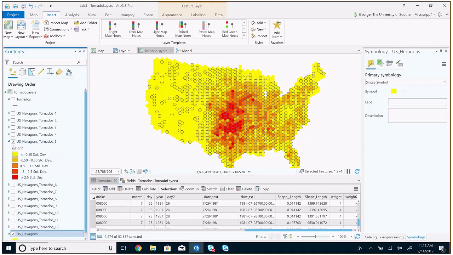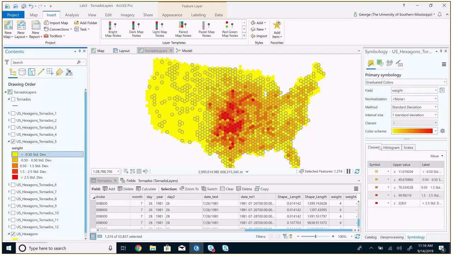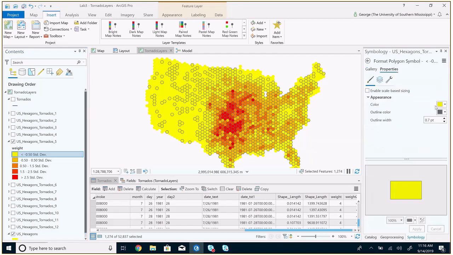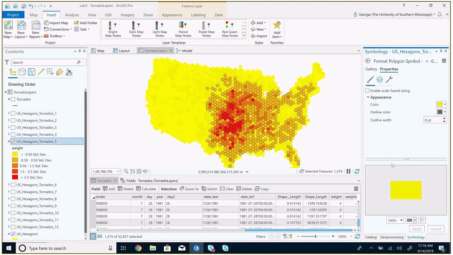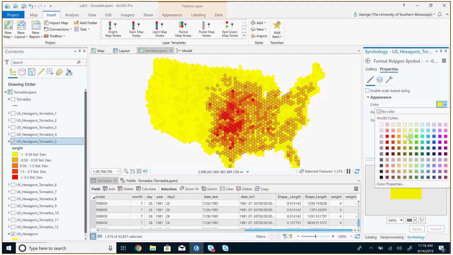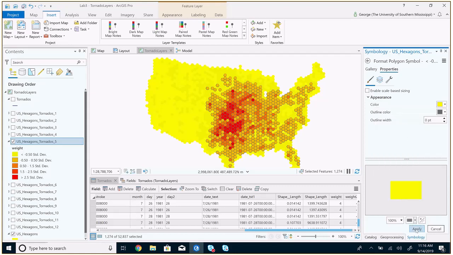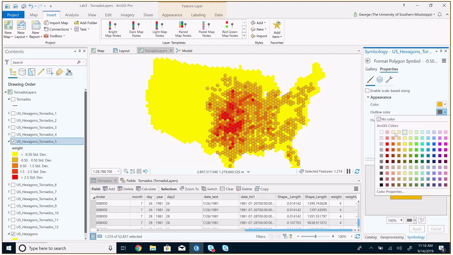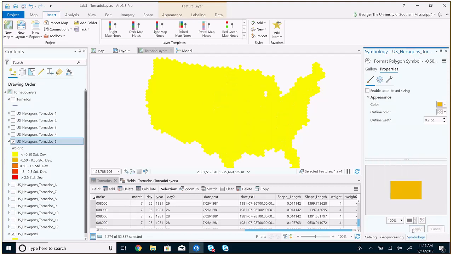So I'm going to change the outline width to 0 for all of these. Okay, so those are slightly different colors of yellow. So I'm going to just fudge this a little bit and make it the exact same color. So now those are the exact same colors of yellow. And now I'm going to change each of these to be no outline color. No color, apply,